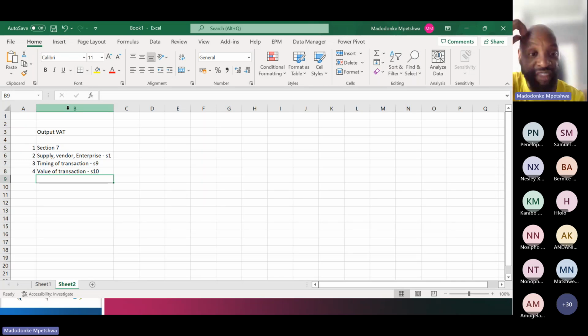Okay, so it's not just that they can't claim the input. If they're entitled to a portion of the input, that means there's a portion they can't claim, because here it talks about the full amount of tax. So if the full amount of tax cannot be claimed,